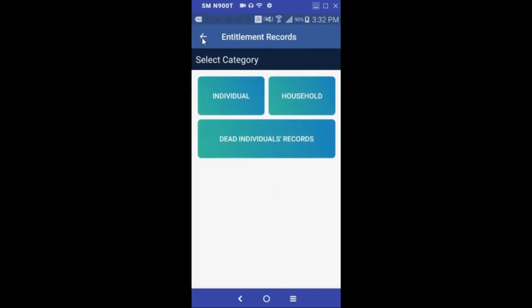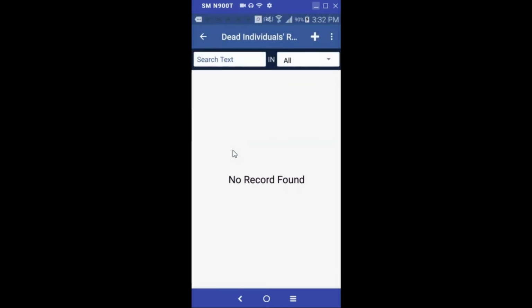Now let's go back to the entitlement records page. The third option that we have over here is the dead individuals records. Upon clicking on dead individuals records, all the deaths of the individuals that have already been registered on GIS application will be displayed over here. Since no individual's death has been registered on GIS application yet, a no record found message is getting displayed on the